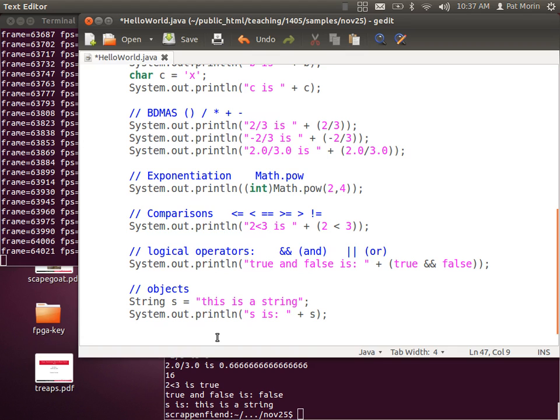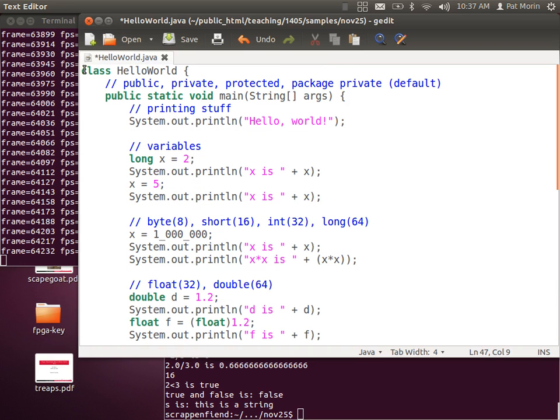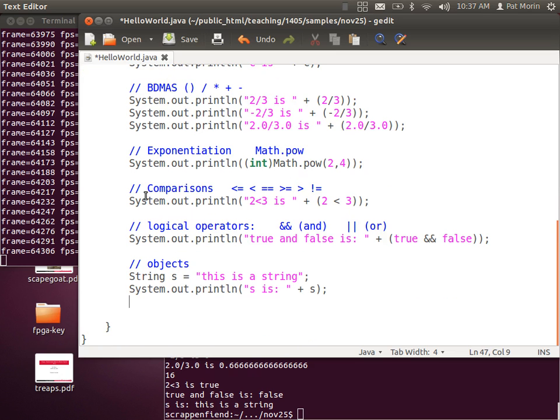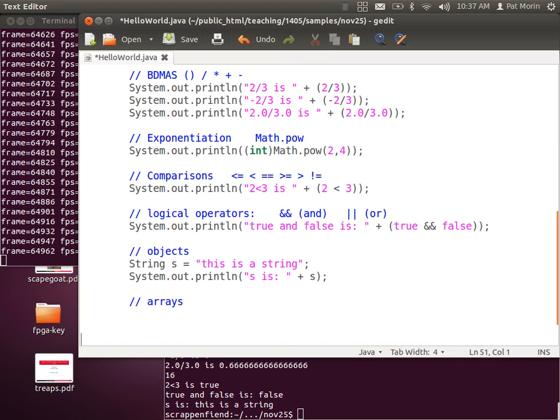So the normal way that you would create an object is using the new syntax. At some point we might want to create what's called a scanner, and I'll get into what that is later. But you would create a scanner by doing Scanner sc equals new Scanner. So that's the object creation syntax. I'll be getting into that momentarily. But before that, I just want to talk about arrays, which